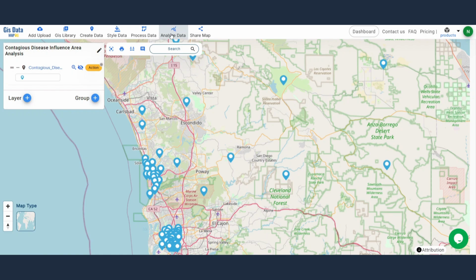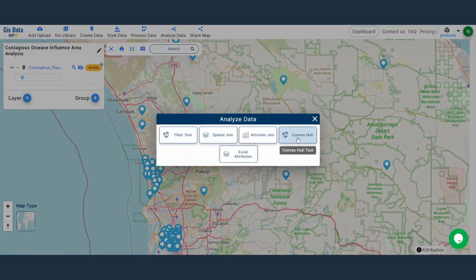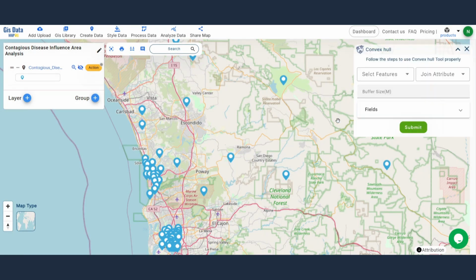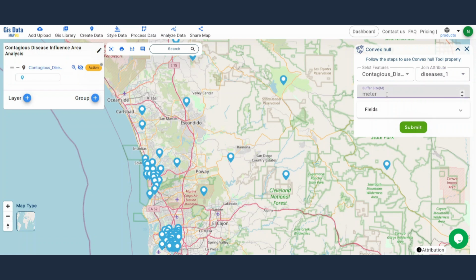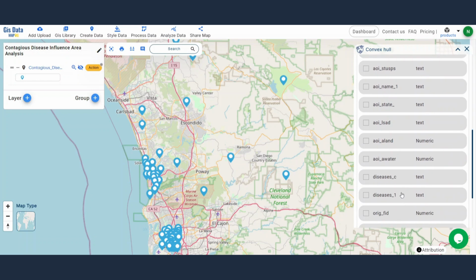Click on the Convex Hull option using the Analyze Data option in the header. Provide the disease data in the Select Features section and disease name attribute in the Join Attributes section. Here I am setting a buffer range of 800 meters and select the field which you want in the data